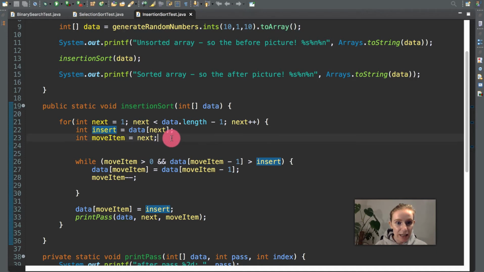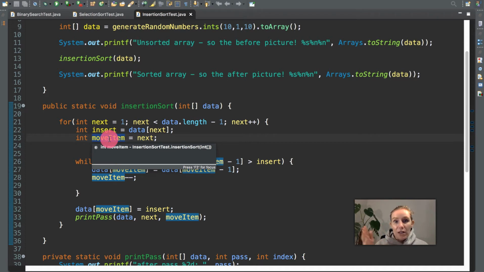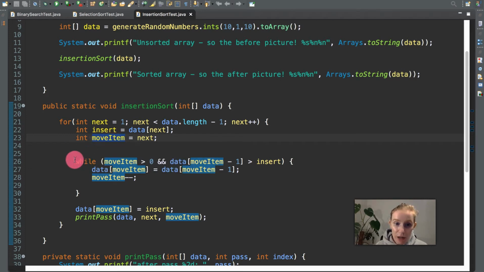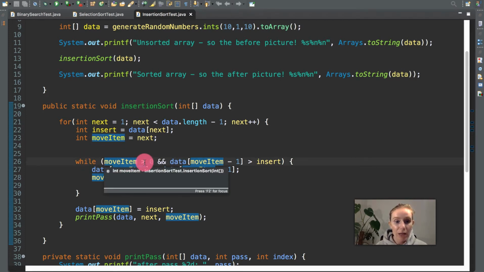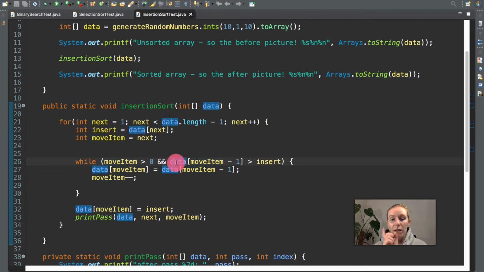So the next thing then is next equals move item. So this would be our variable from our loop. So obviously it's going to be 1 to 10. So we're going to move the item 1 to 10 places. So search for place to put current element, and that's where your while loop comes in. So move item is greater than 0, and this is very important because we have our conditional operators,